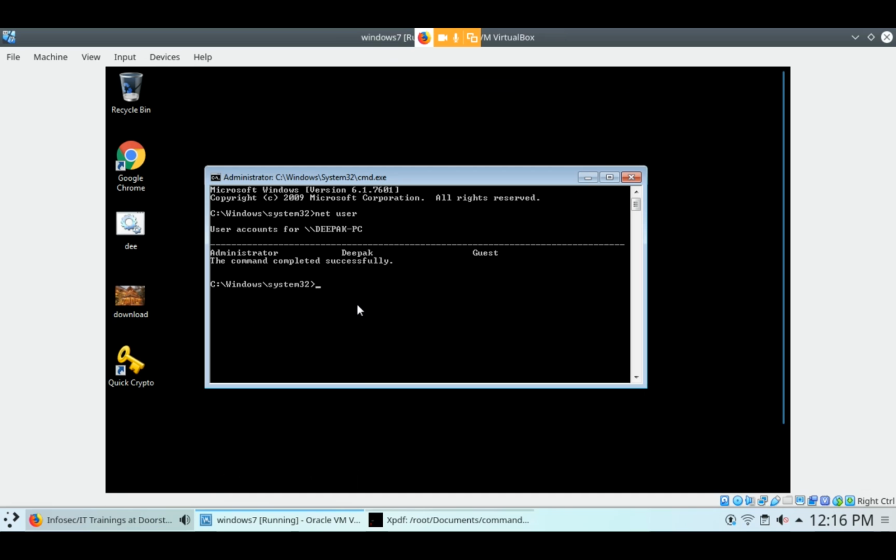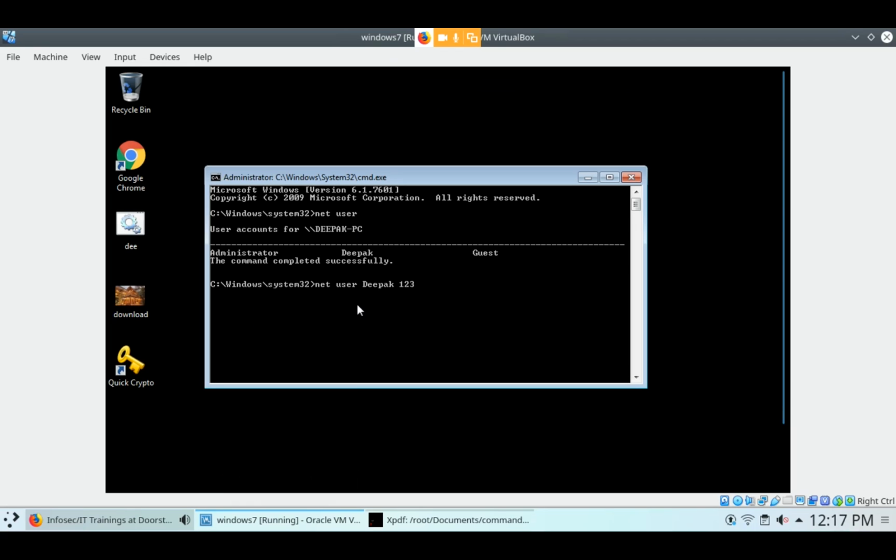So now we change the password of Deepak through here. Net user, any problem? Here my username is Deepak. After that I am using the password 123 only.